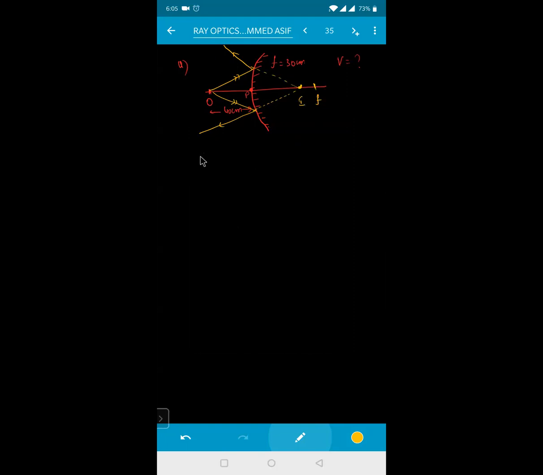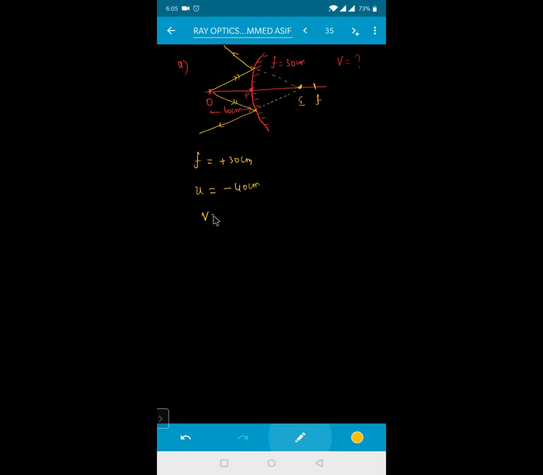Okay. So focal length is given how much for me, beta? Focal length F is equal to plus 30 centimeter. Why? From the pole, the focal length is in the front direction. What type of a mirror is it? Your convex mirror, isn't it? So focal length is 30 centimeters right now. Object distance U, distance is measured from the pole, and you are in opposite direction to the ray of light. So this will be equal to minus 40 centimeters.